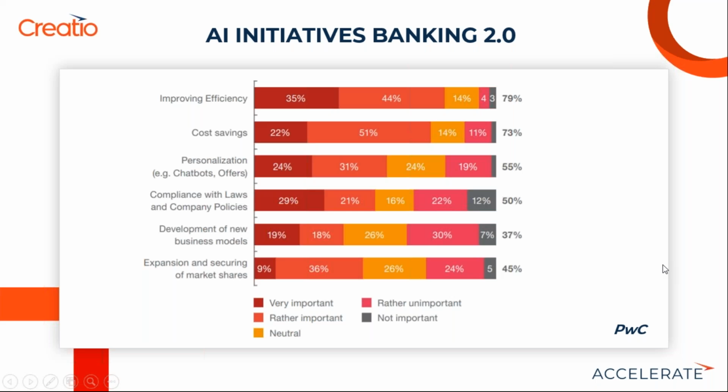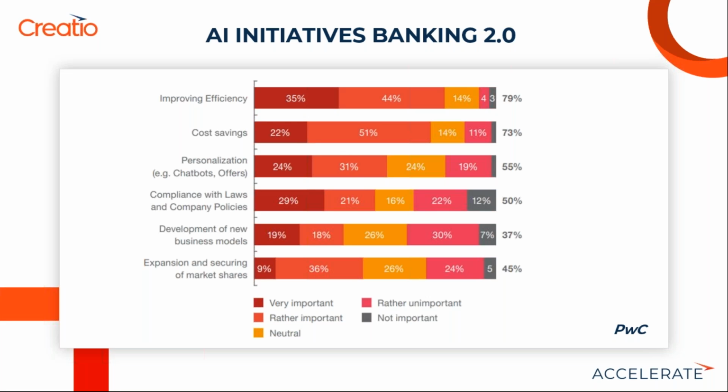Now, moving on to the initiative side, PwC is actually a prospect that we've been talking to quite a bit. And PwC by itself, even though they are also a consulting company and they are collecting all of these surveys, are also going after these initiatives internally as well. So what they have identified is where the key areas are in which banks are focused on AI, right? There are two ways for any company to grow. One is grow the revenue. Second is cutting cost. Those are the only two ways in which profitability or revenue growth continues to go better, right? So that's where the CEO is focused, right?